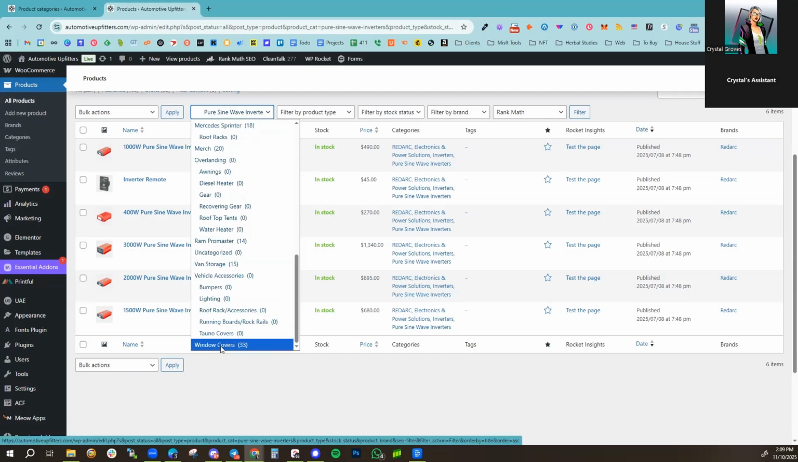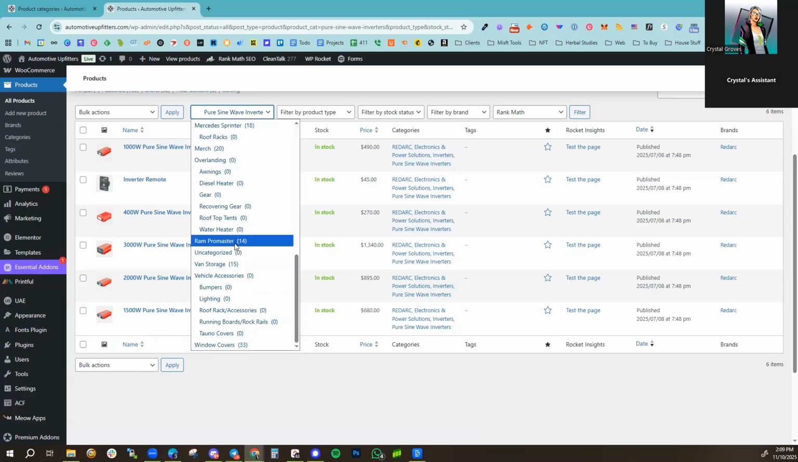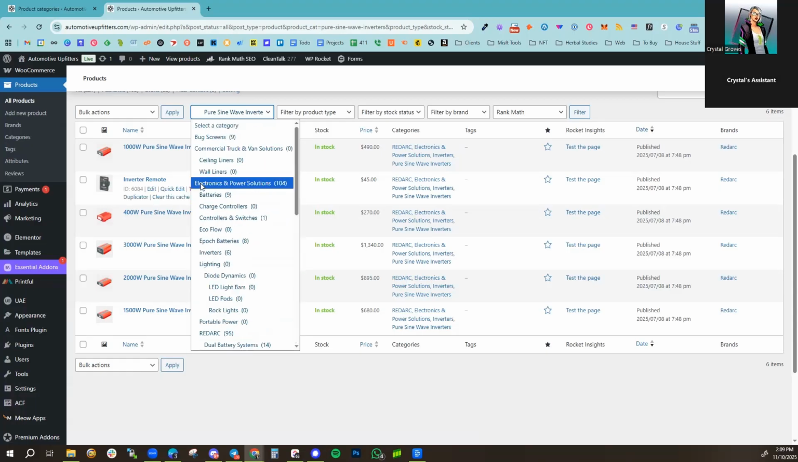Window covers. Was there a window covers category? Yes, so that'll be under campervan accessories. So I'll be throwing that under there. And I don't know if you want that under anything else, like trucks or anything like that, or overlanding, but